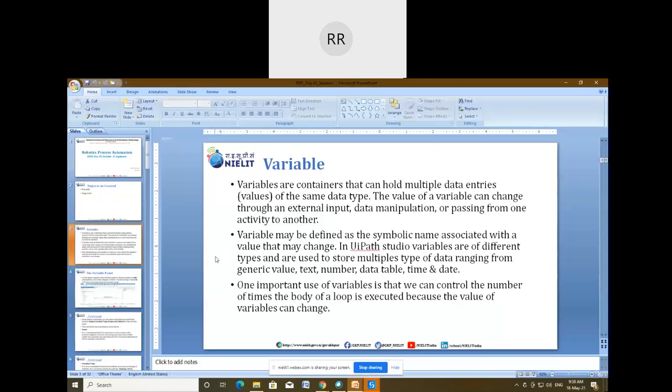So in very simple language, a variable is used to store data, and that data may range from generic value, text, number, data table, and time and date. So this is about the definition of variable.